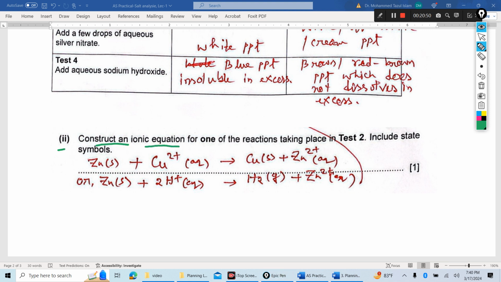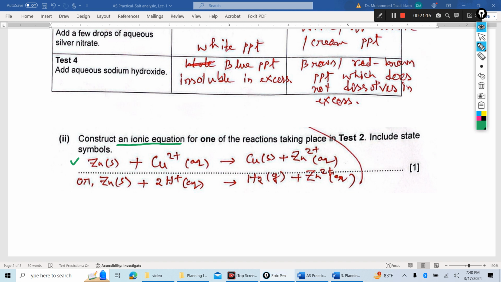Construct an ionic equation for one of the reactions taking place in test 2. In test 2, you add zinc metal to copper 2 ion solution. Zinc is more reactive, so zinc gives electrons to form zinc 2 ion, and copper 2 ion, being less reactive, gains electrons to form copper metal. So this is the